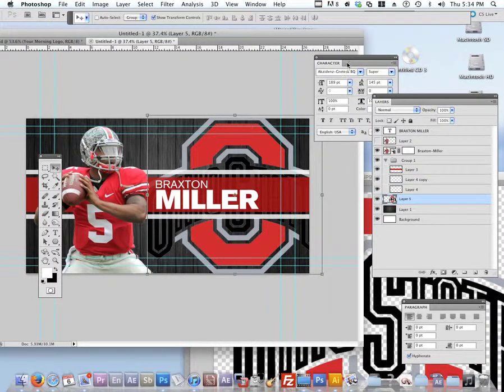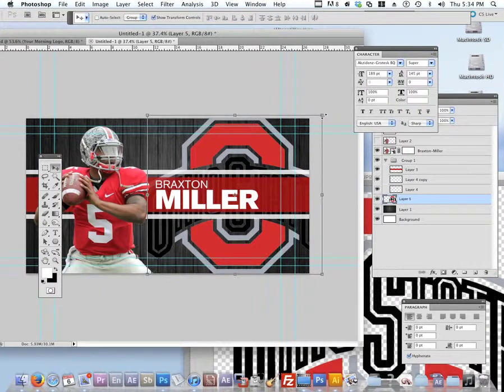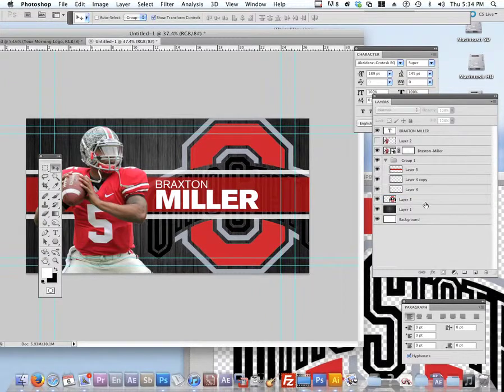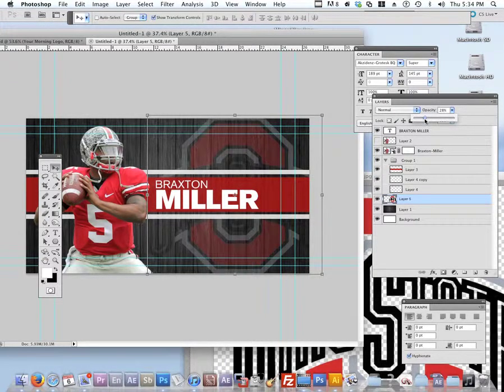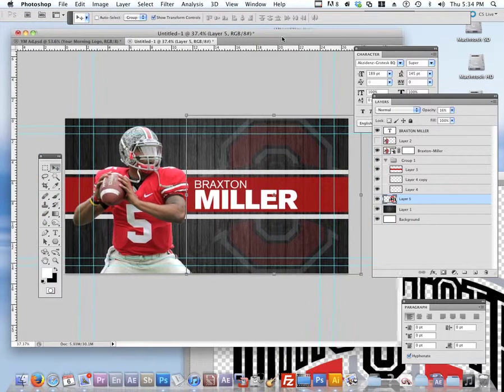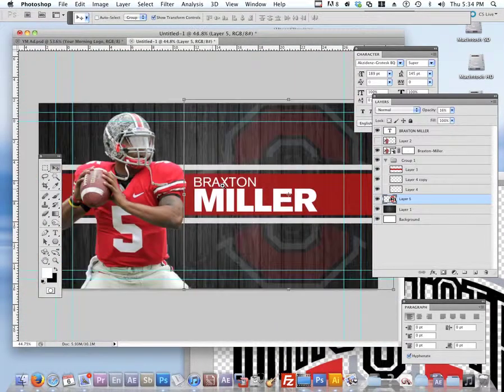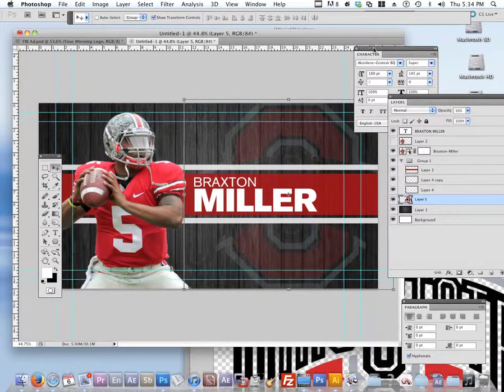I wonder if that's too big or too whatever. We're not going to worry about details like that. Okay? So now I can take this and I can knock down the opacity really far. So you just barely see a little bit of texture in the background there. You're like, oh, look at that. That's Ohio State, all right. Look at that. You can totally see what's going on. So now you have a piece of artwork,